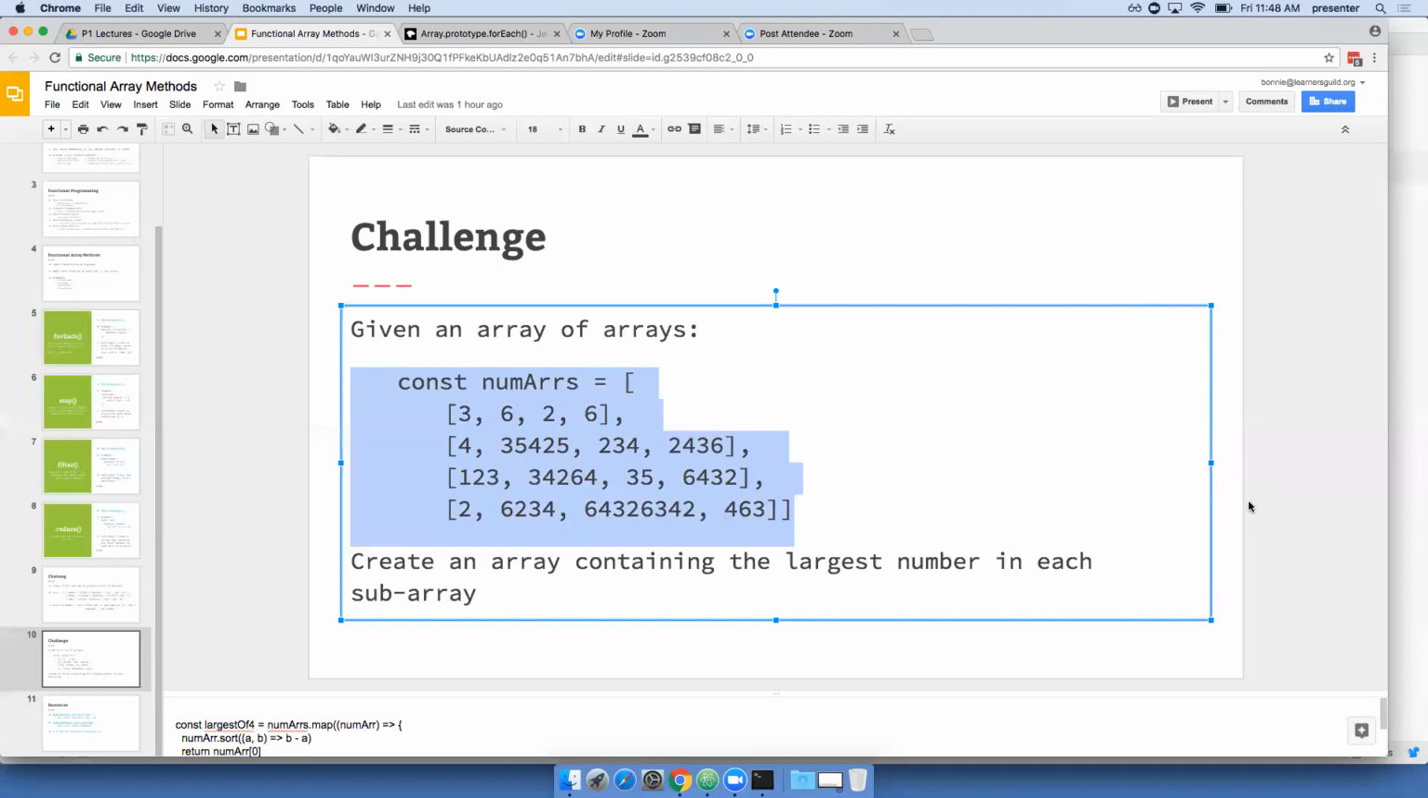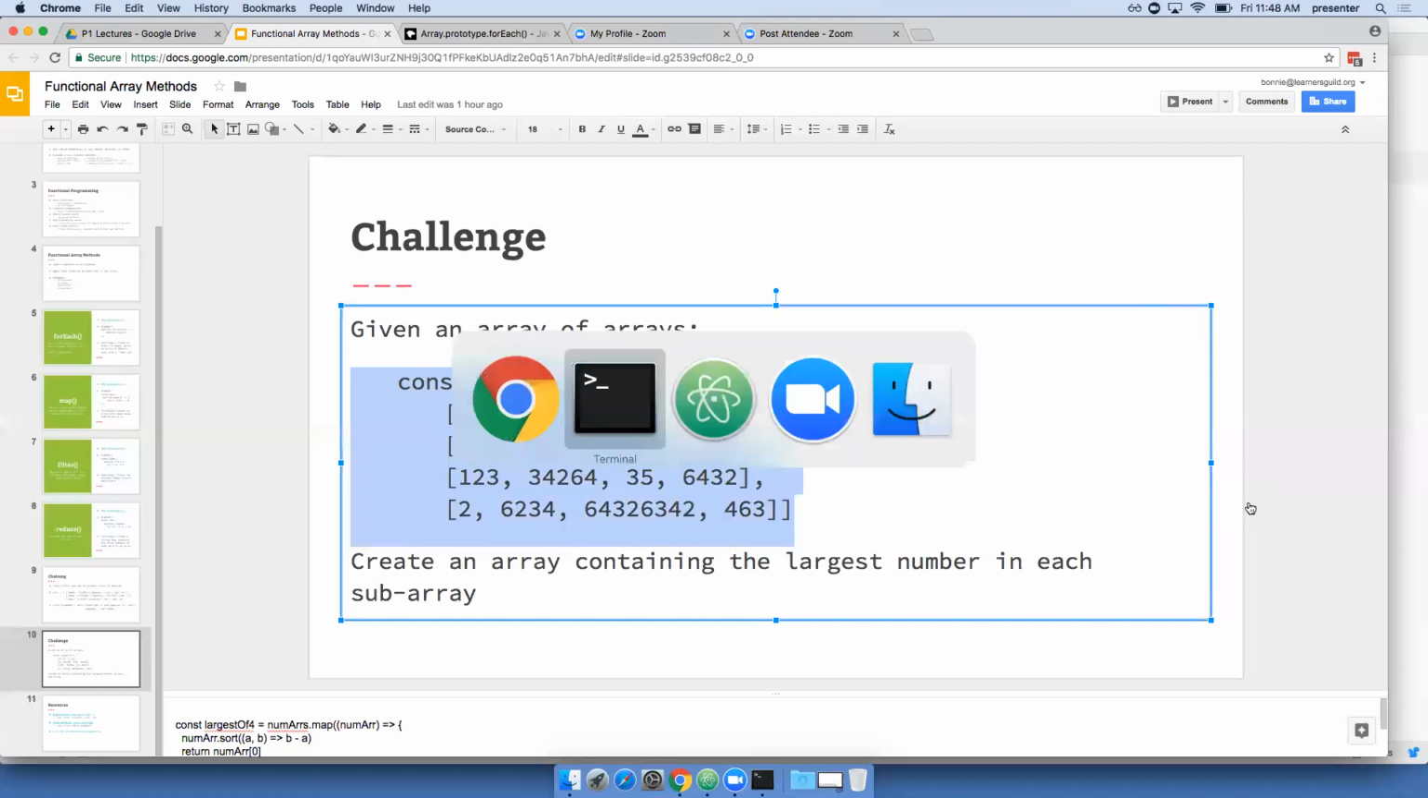Okay, so we could loop for each array, loop through and determine the largest one and push it into a new array. So that would be using which of the functions that we've talked about? Either map or forEach. We could do a map or a forEach. Okay. So let's